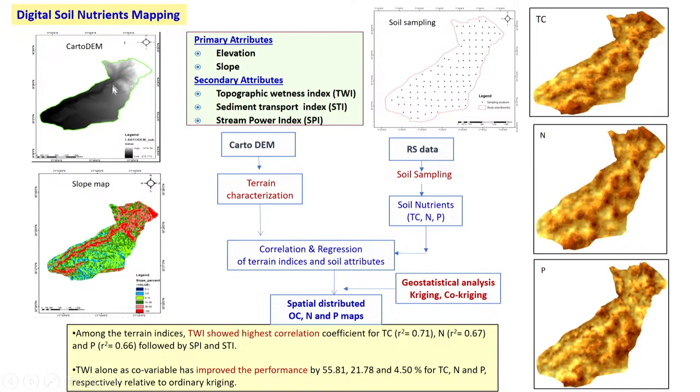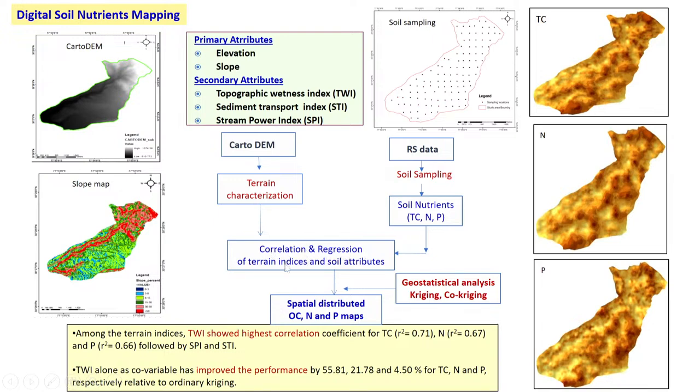It is the digital elevation model, DEM, Cartodem, from which I prepared the slope map. I also prepared these maps: TWI, STI and SPI. Here in the watershed, in the entire area, I have taken grid soil sampling at a regular interval. Soil samples were collected and analyzed for carbon, nitrogen and phosphorus, and then I made the relationship, correlation and regression